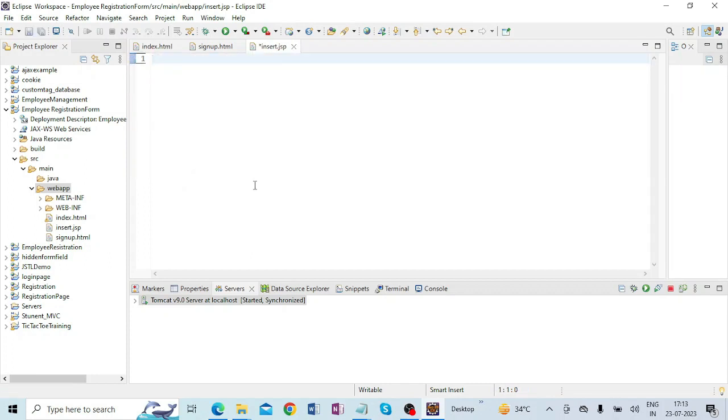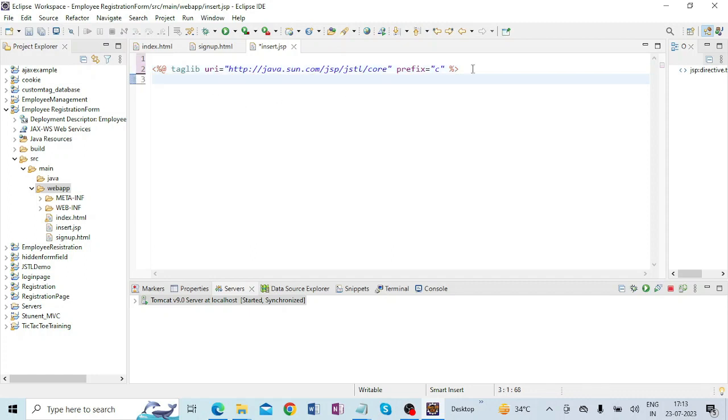Here I write taglib URI. You know taglib URI: http://java.sun.com/jsp/jstl/core, prefix c. This is the taglib, and also here I will use SQL, so I have to put this tag also. And the tag I will use is taglib URI, where earlier it was prefix c, now it is prefix sql. Now I have to write here sql: